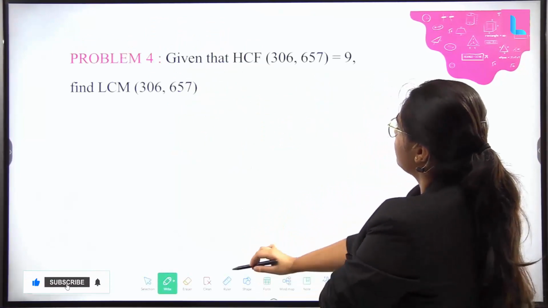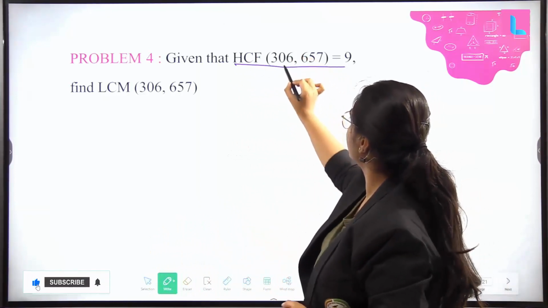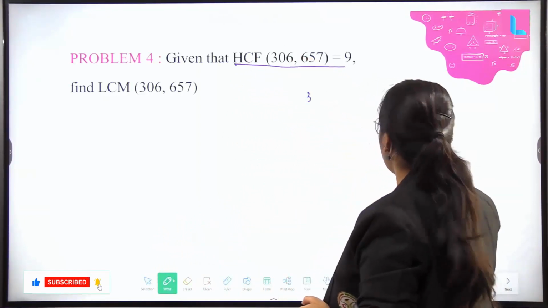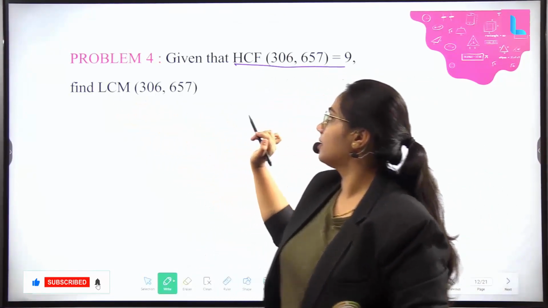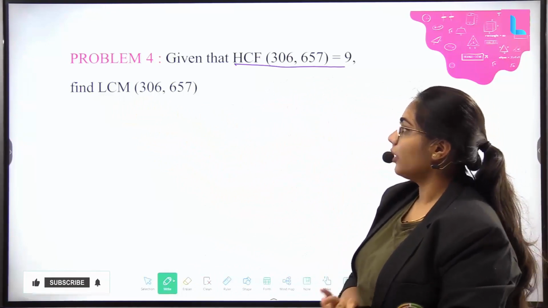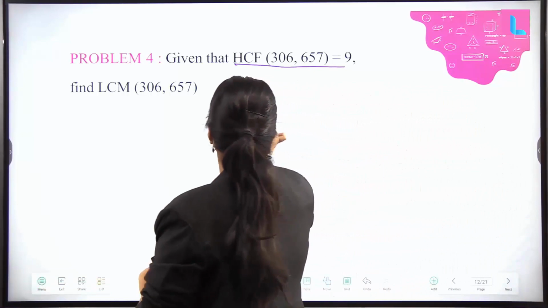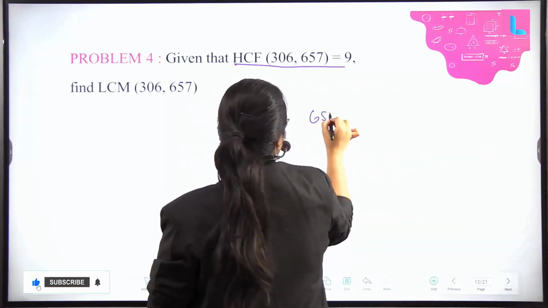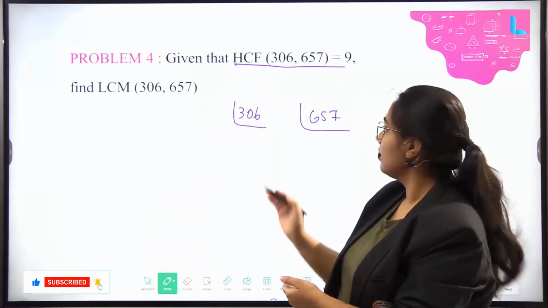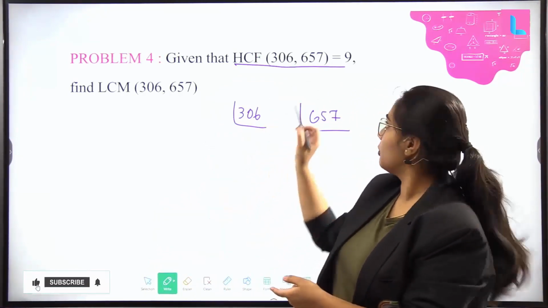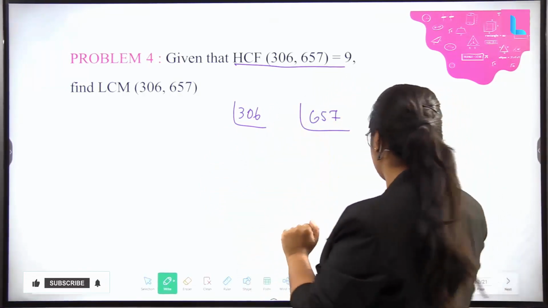Next, the fourth question. Given that the HCF of these two numbers, 306 and 657, is 9, we have to find the LCM of 306 and 657. There are two ways of solving this question. Either first solve using the prime factorization method, get an answer, and then find the LCM. You have already got this HCF. Find it using the normal division process. Else